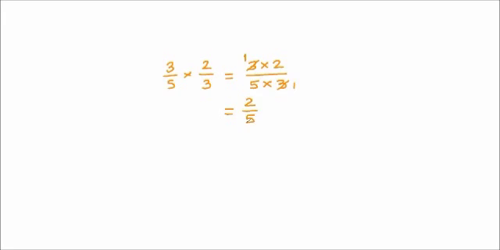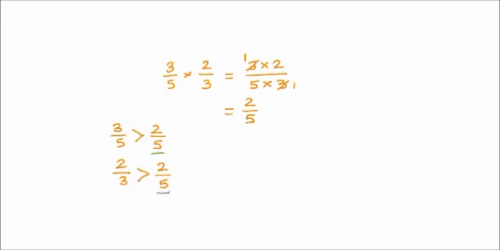Now let's compare 3 upon 5 with 2 upon 5. We know in both cases the denominators are the same. Hence, the higher the numerator, the greater is the fraction. So 3 upon 5 is greater. Now let's see 2 upon 3, which is the other multiplier, and the answer 2 upon 5. Compare this. Here the numerators are the same. When numerators are the same, the smaller the denominator, the greater is the fraction. So again, we see that 2 upon 3 is greater than 2 upon 5. Our result is 2 upon 5.